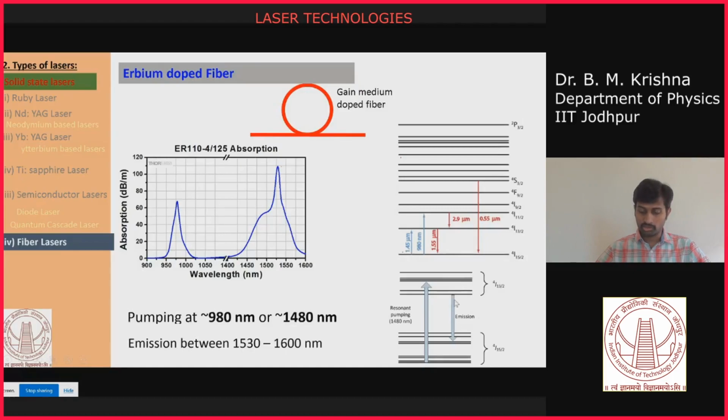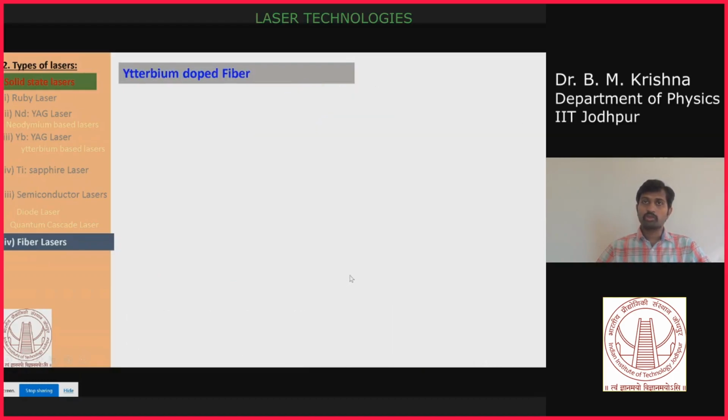So you have a transition between these two. There will be degenerate states. When you have lifted the degeneracy by an external electric field, you have lasing emission taking place here. That emission, in principle, can be spontaneous emission. When you place it in the laser cavity, you will get a lasing action. So this is your erbium doped fiber.